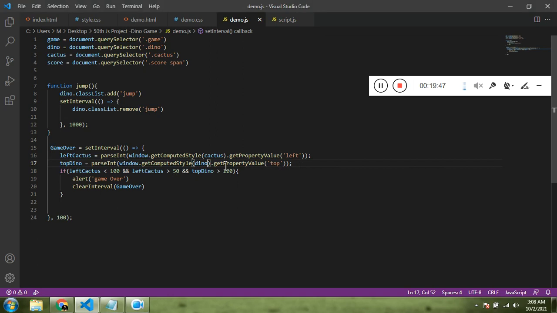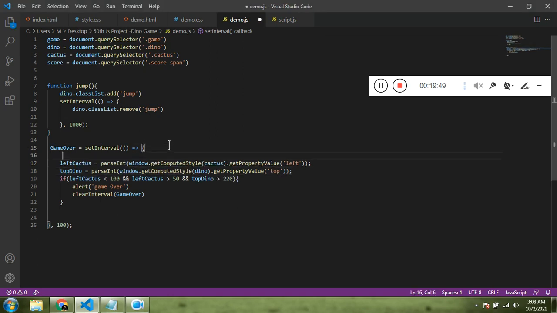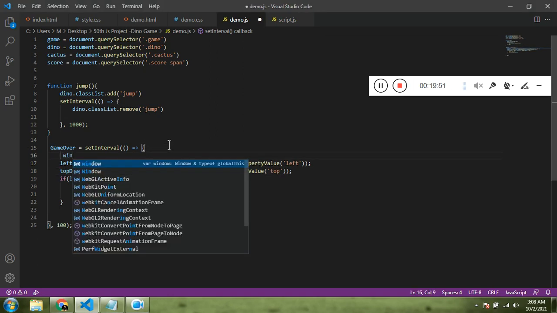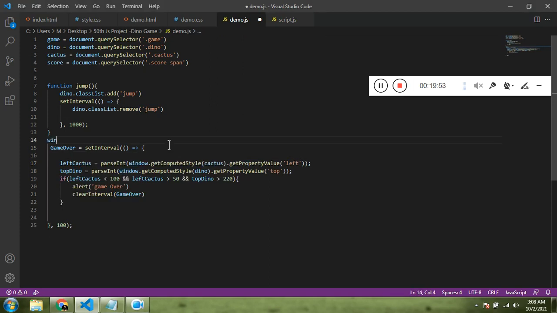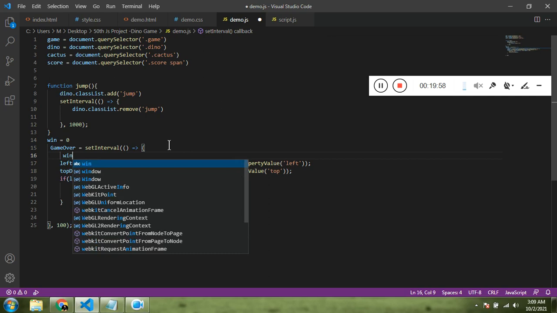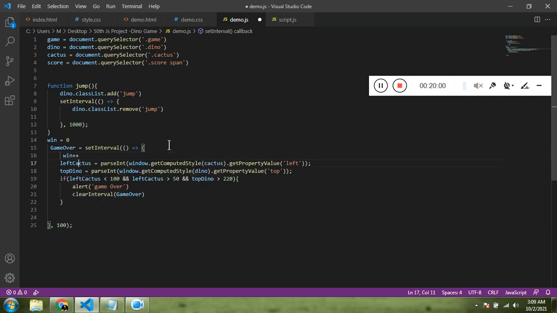To see this, let's use the variable win. Win is going to be 0 and on every interval it is going to get incremented, and I want to show this as a score.